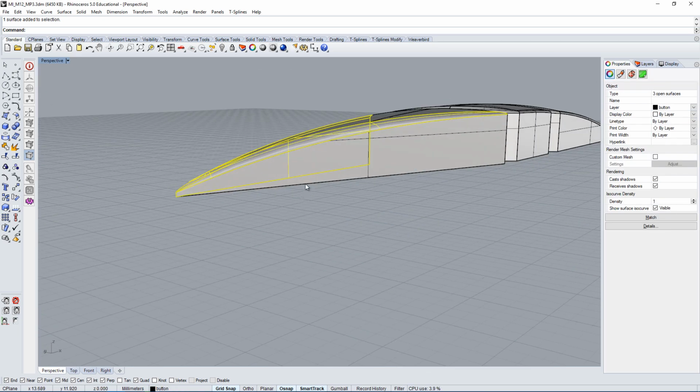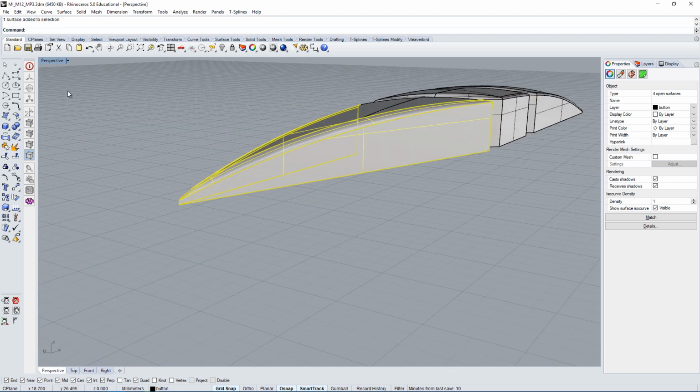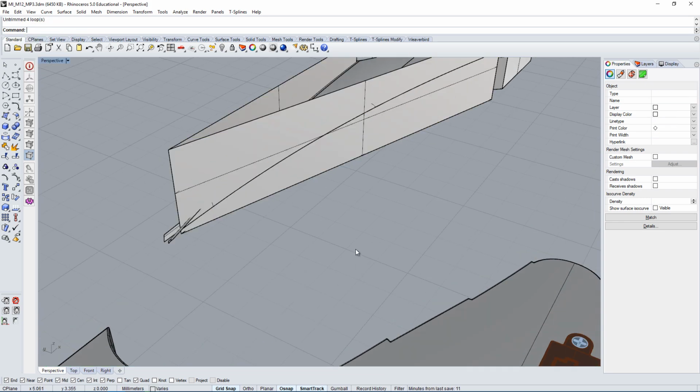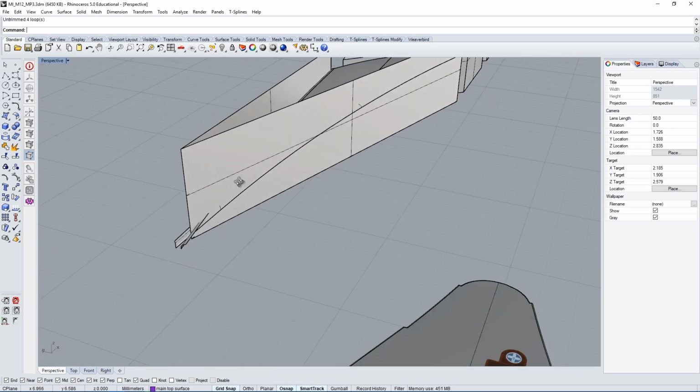and these two surfaces here, and you're going to want to untrim them. So if you haven't exploded the model, I would explode it first, then select the surfaces that are creating this open edge or this naked edge, and I would just type in untrim, and you can choose to untrim the selected surfaces, or you can untrim all. So now you get this kind of mess.